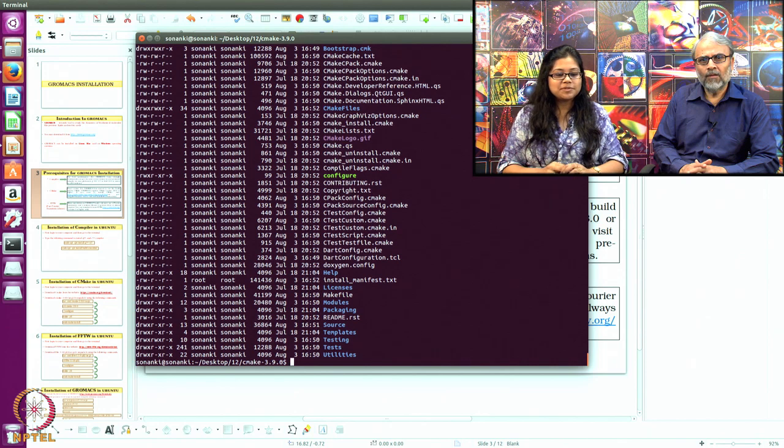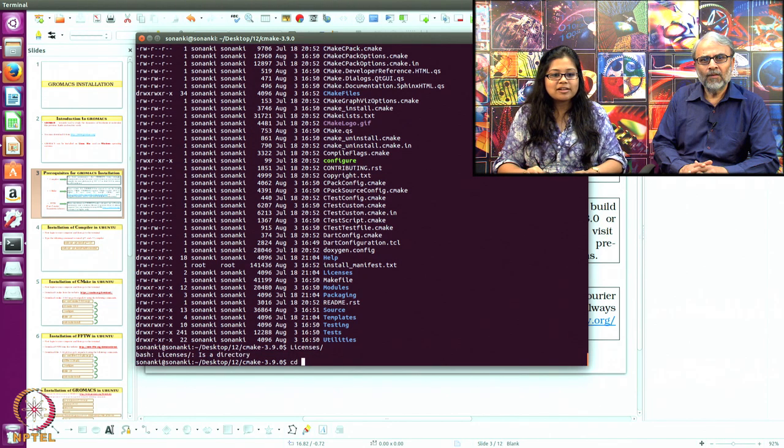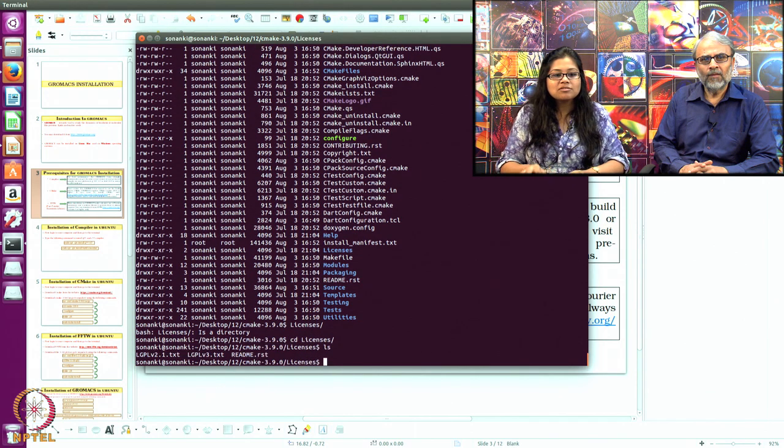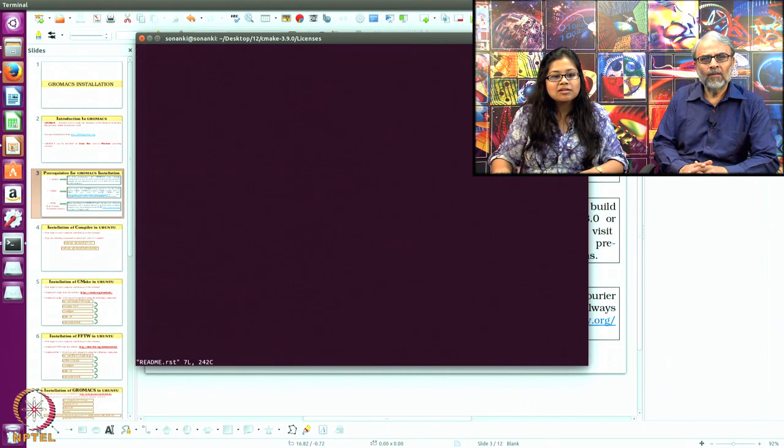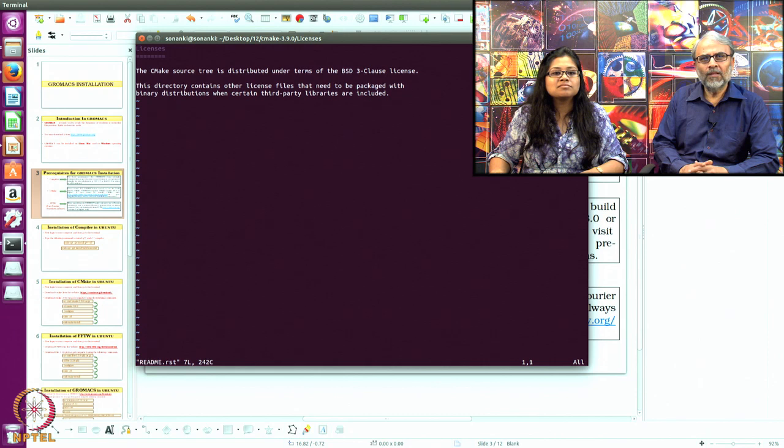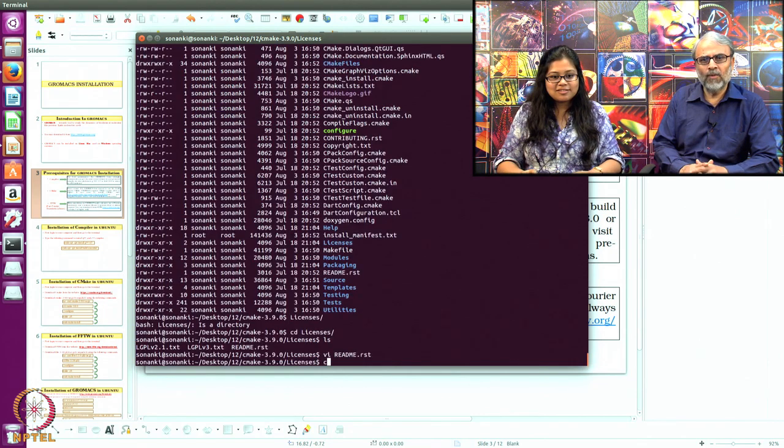See, many of the blue colored things are executable files, no? Like help is an executable file. What is the one below help? Some license? Just type license and see what it does. It is a directory. Fine. I guess there will be just some information. Okay, we can go back.